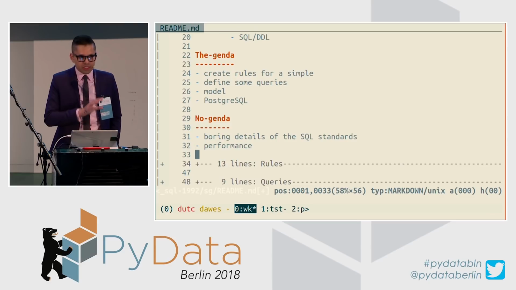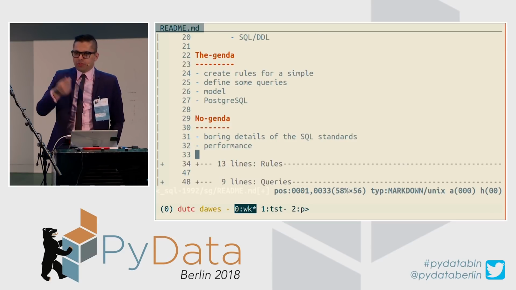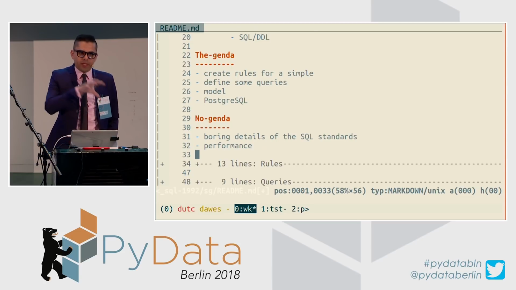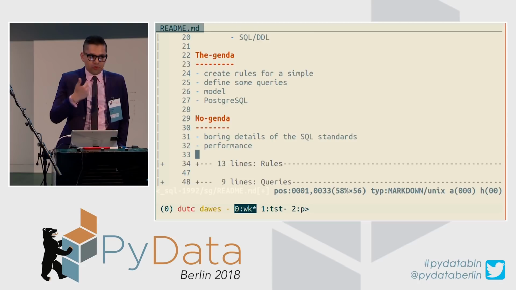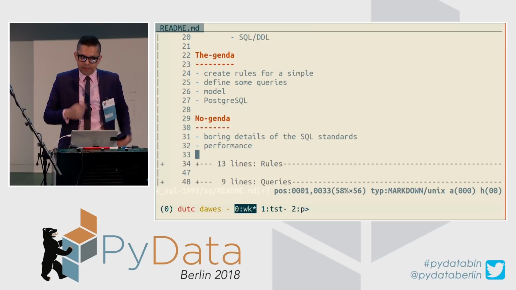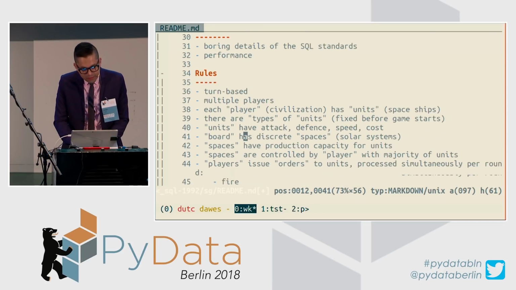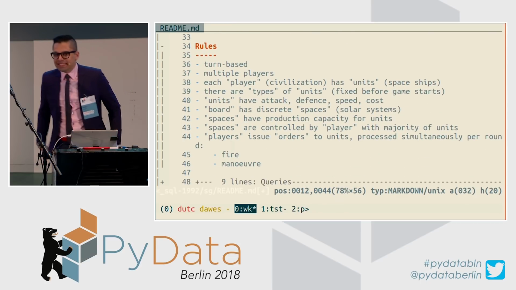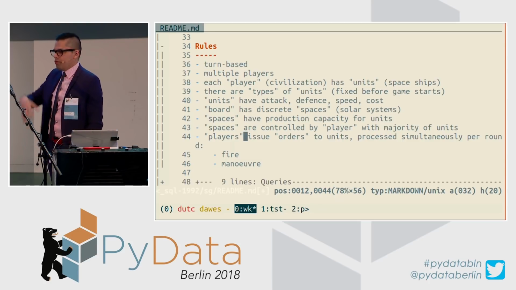But as you can see, even a fairly simple set of rules leads to an interesting opportunity to look into how the database allows us to model information, to enforce constraints, and how it drives us to really firmly understand the technology. So here's my set of rules. I like space games, and I like space TV shows and space books. So we'll think about a turn-based game with multiple players.